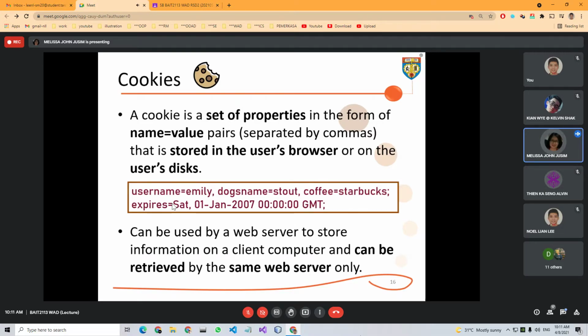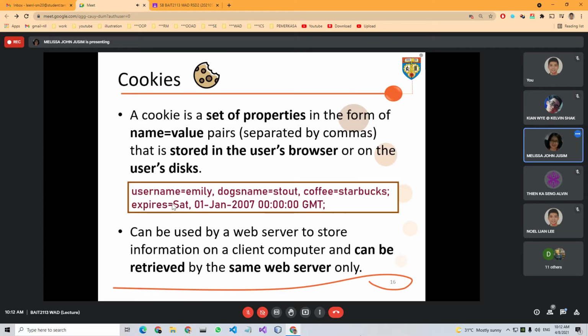Now, how can we use cookies? Normally, a cookie is used by the web server to store information on the client's computer, and it can only be retrieved by the same web server. So the next time this user, Emily, accesses the same page, it will remember that her dog's name is Stout and her favorite coffee is Starbucks.